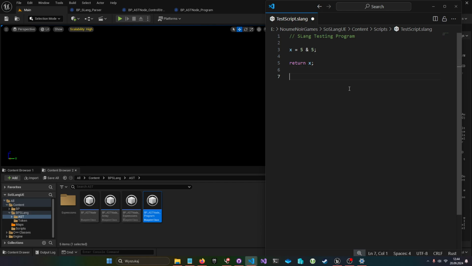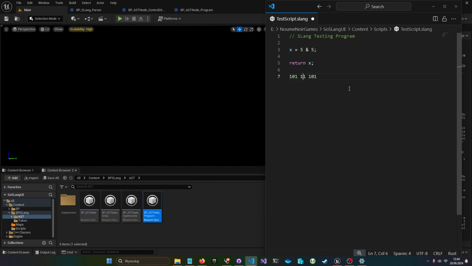So 5 would be, right or wrong? Wait, 1, 2, 4, 5. Should be 5. And yeah, we have 2 5s. So 101, 101. And yeah, it just prints 101 because this is the bitwise AND.